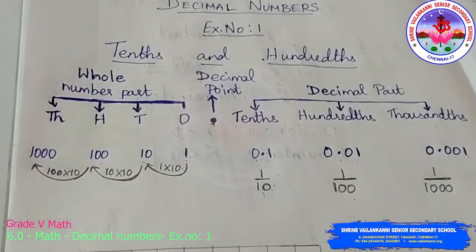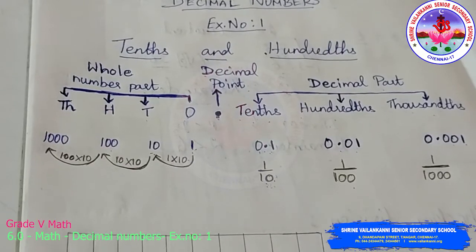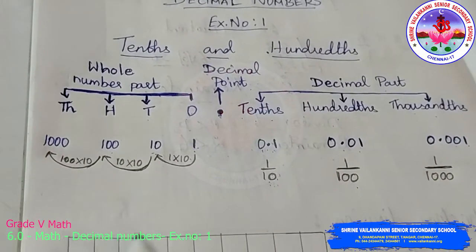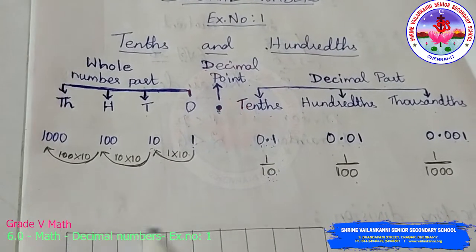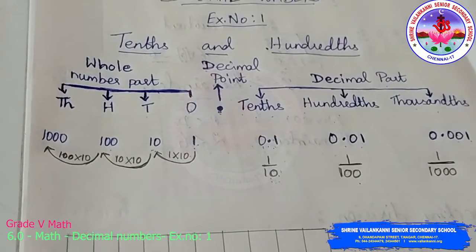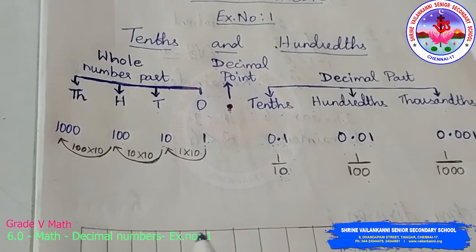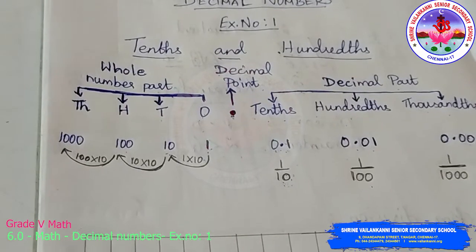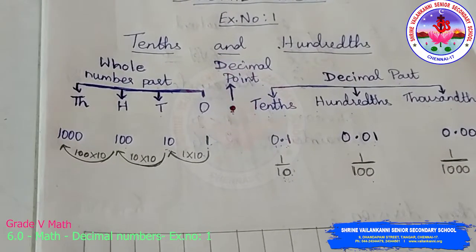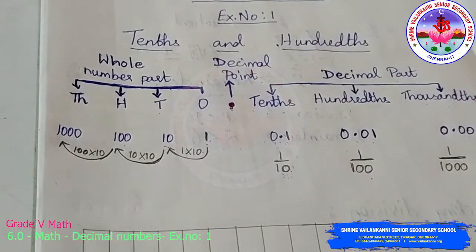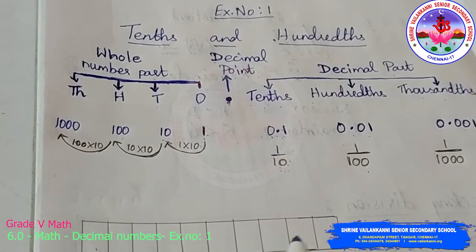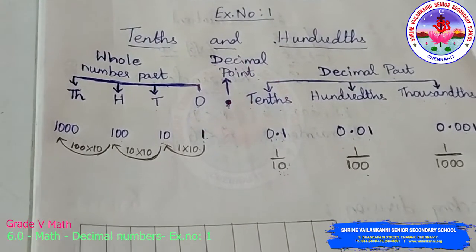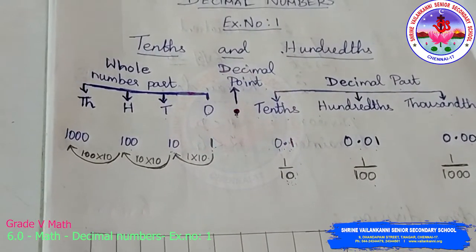If you take this rectangle shape, I am just showing the outer part, all four sides. If you consider the whole shape, I am considering this whole shape as one whole. Okay, one whole, which is being divided into 10 equal parts: 1, 2, 3, 4, 5, 6, 7, 8, 9, 10. So one whole is divided into 10 equal parts.